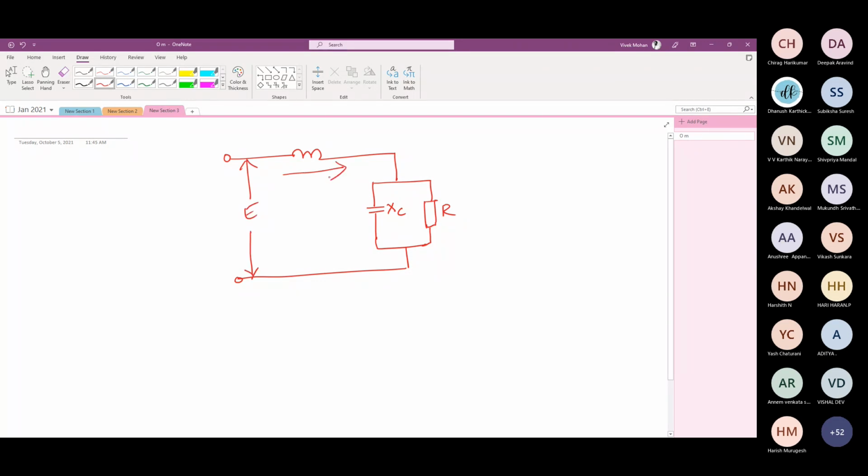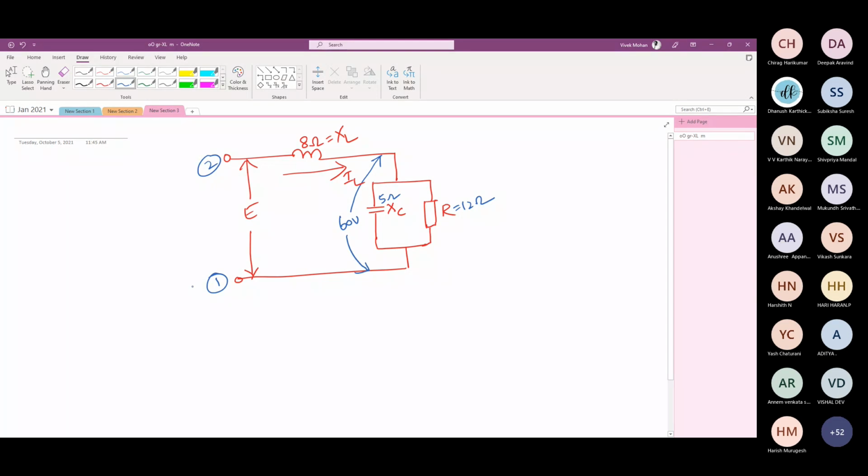This is IL. 8 ohm is XL. Then this voltage is 60 volt. This voltage is 60 volt. This is 5 ohm. This is 12 ohms. Okay, so this is terminal 2. This is terminal 1. Okay, now